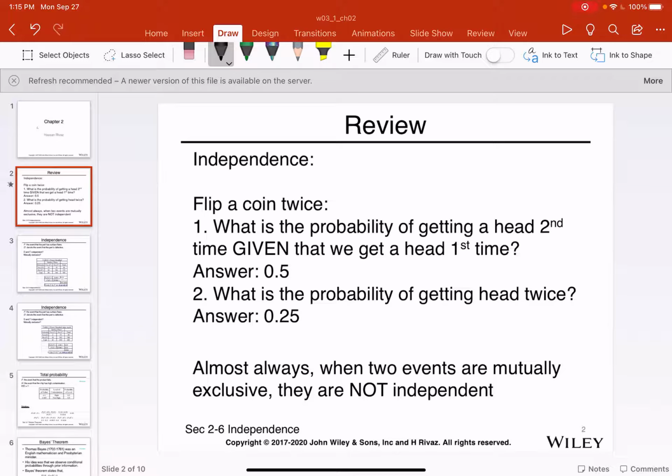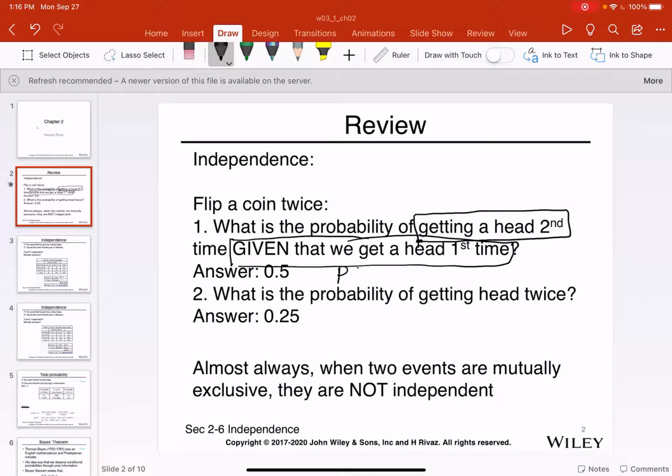So the first question asks, what's the probability of getting a head second time, right? So we are flipping a coin and we want to get a head second time, given that we get a head the first time, right? So basically the experiment consists of flipping a coin twice, and we want to calculate the probability